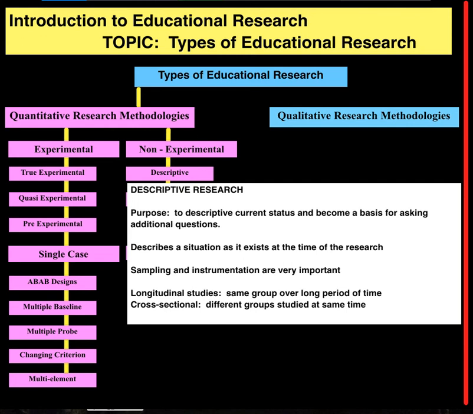The sampling and instrumentation are very, very important in descriptive research: the sample that you're using and what instruments you're using to gather your data. Let me give you an example of descriptive research. When I was at the College of New Jersey in their Department of Special Education,